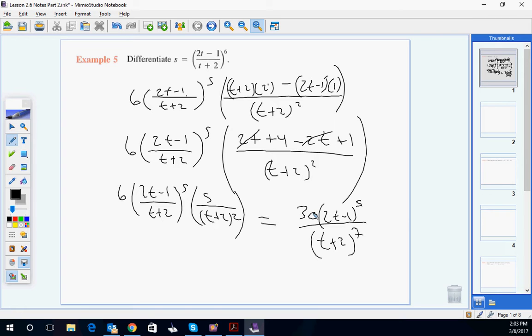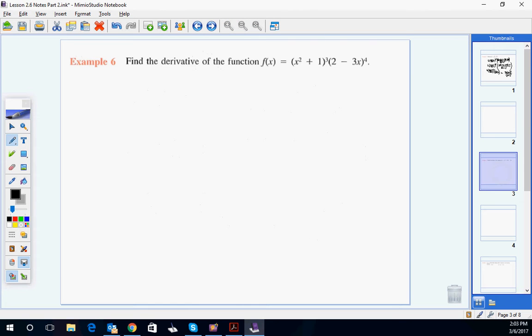Okay, so now let's do, look at that. I thought we were going to need 2 slides. We only needed 1. That's great, huh? Wow. So now this one is chain rule with product rule. Chain rule with a product rule. You have a product of 2 chains, essentially. Okay, so you're going to do